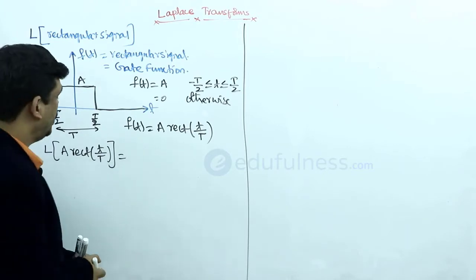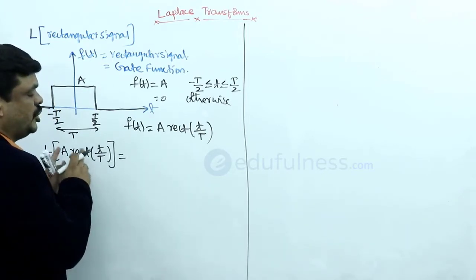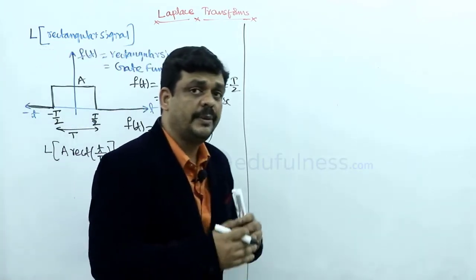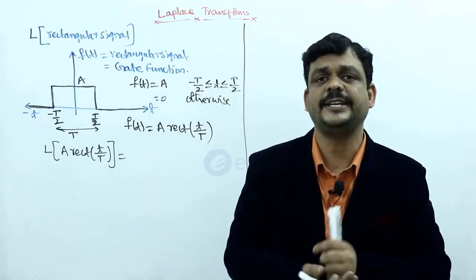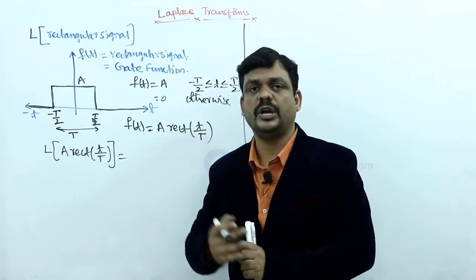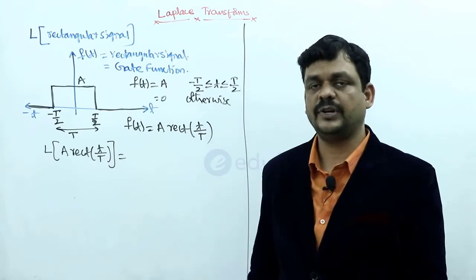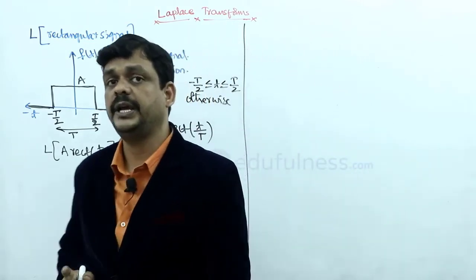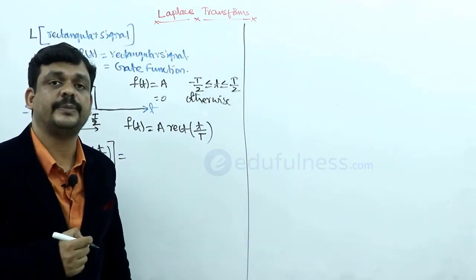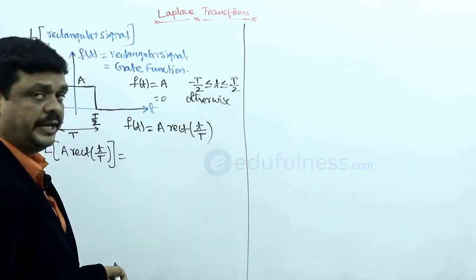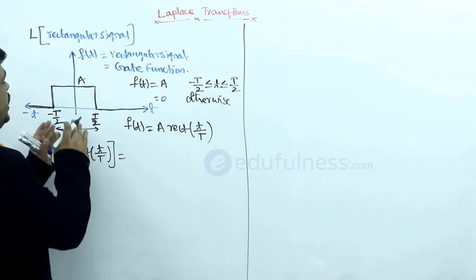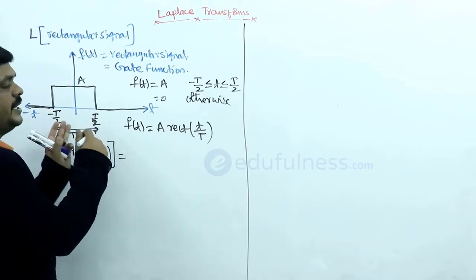Right? So I want to find the Laplace transform of this function. To do this, I want to apply different techniques. One technique I want to apply here is properties: the time shifting property and the linearity property. For that purpose, first of all, I want to write the complete signal in terms of unit step